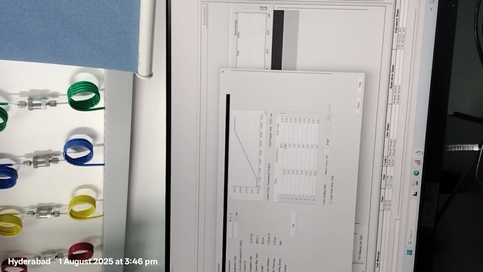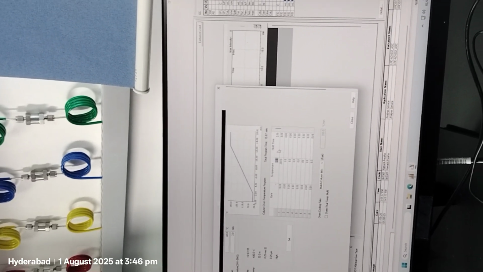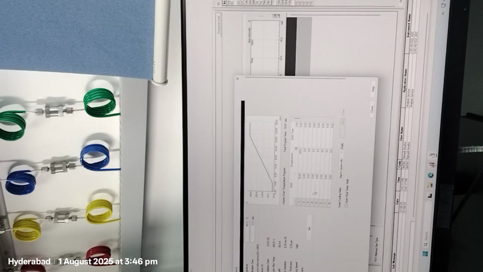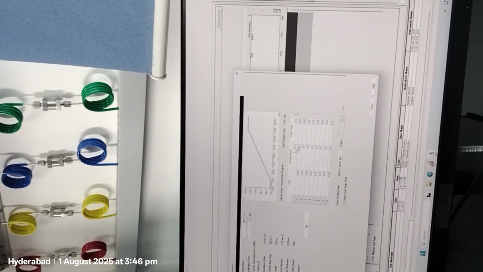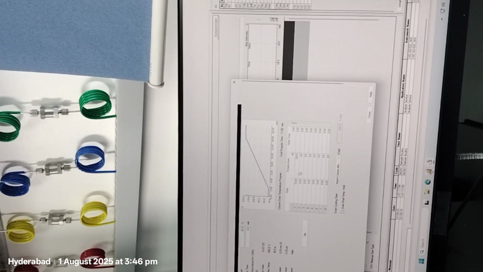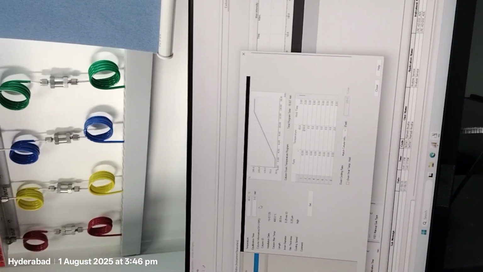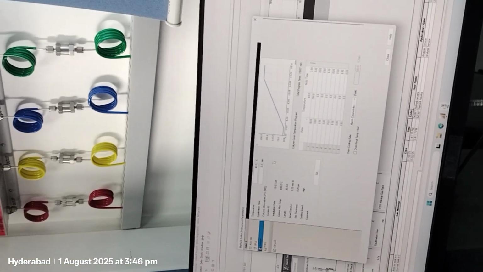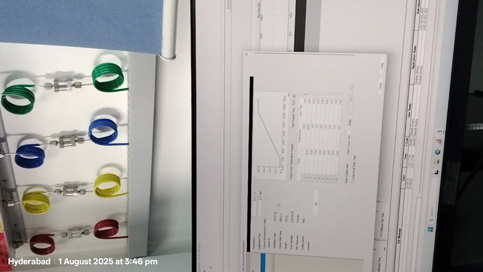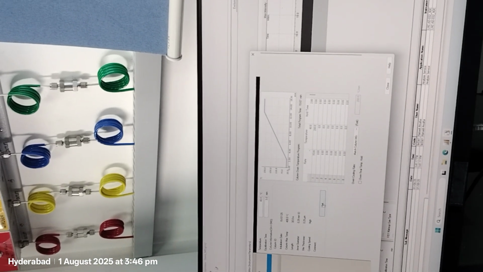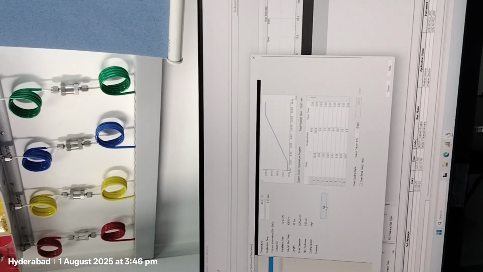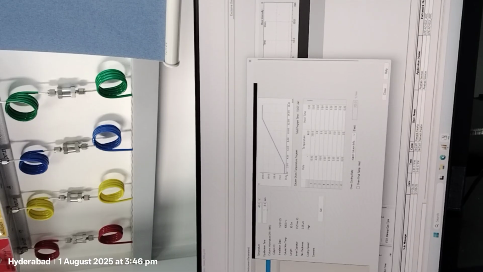It will highlight automatically. For example, what we are keeping here will change automatically there. So it's default, no problem. Equilibrium time is 3 minutes, no problem, you can continue with 3 minutes. So what does equilibration mean? Equilibration means the column